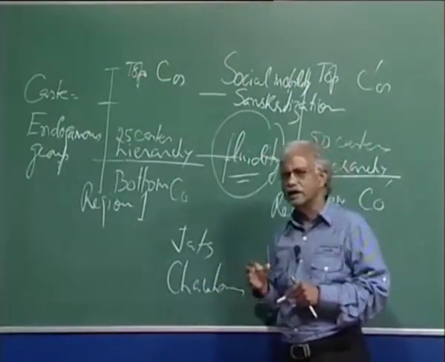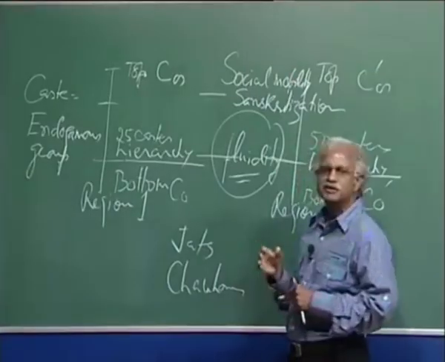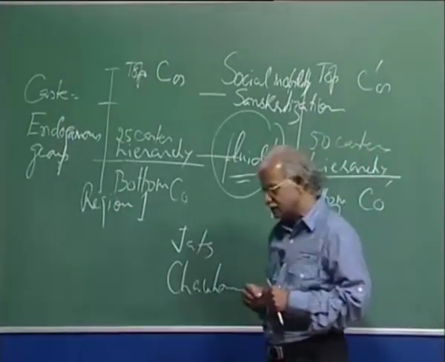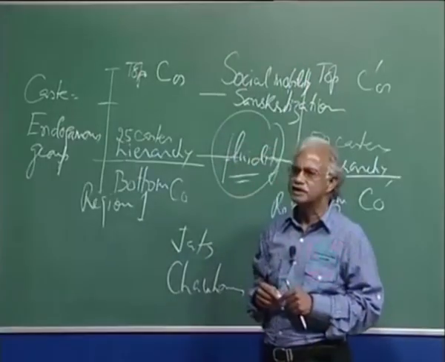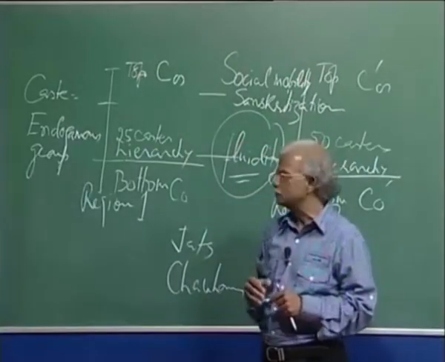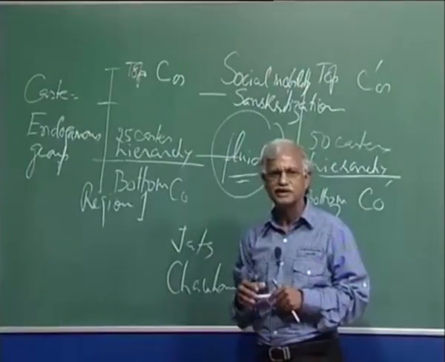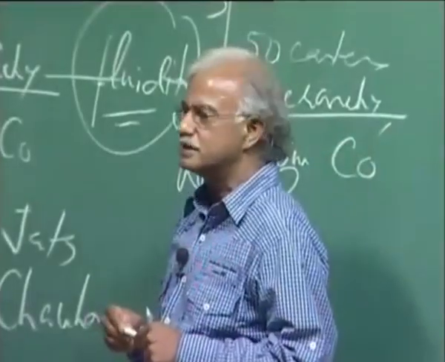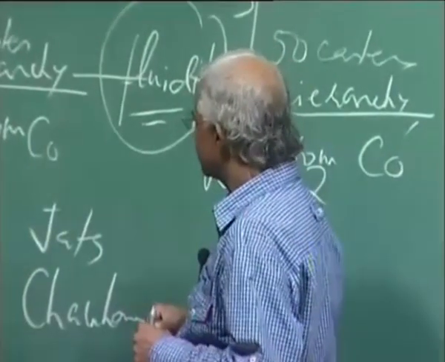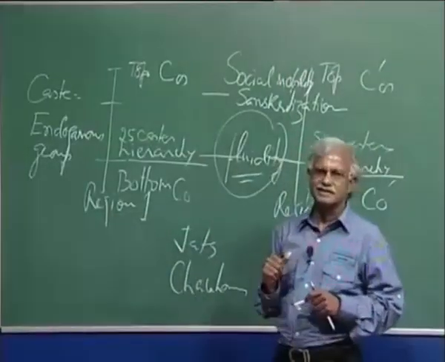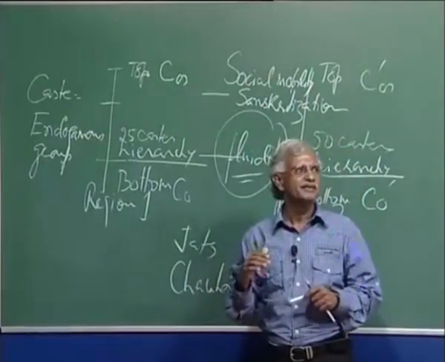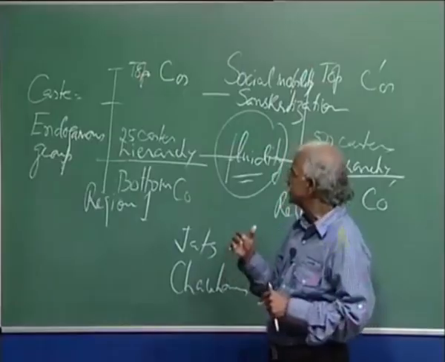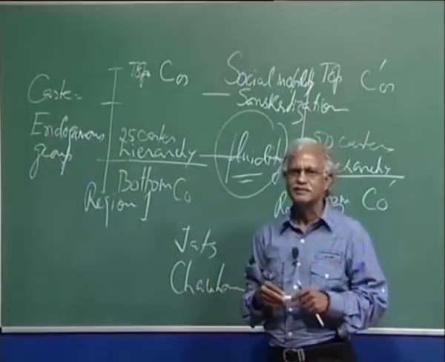So, India too had a model of mobility. The difference between the Western model of mobility and the Indian model of mobility is that in India mobility was always mobility of the caste or a larger group, not an individual phenomenon, while in the West mobility is individual, but in India mobility was associated with groups and castes. So, this is Sanskritization. By Sanskritization, people belonging to lower caste, lower social groups in society, claim a superior status